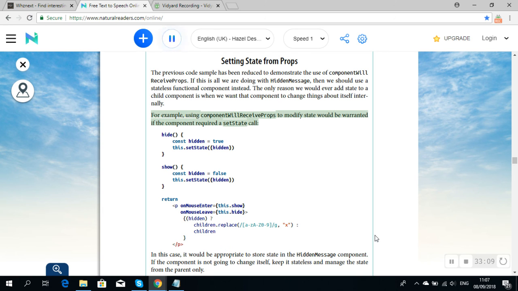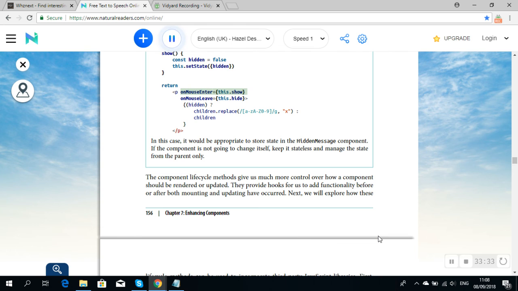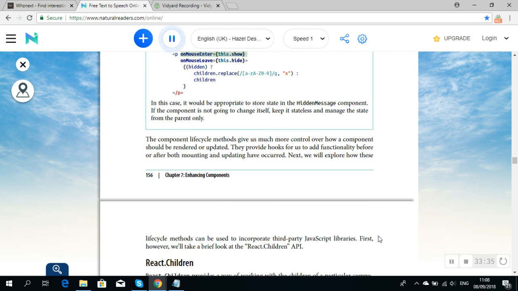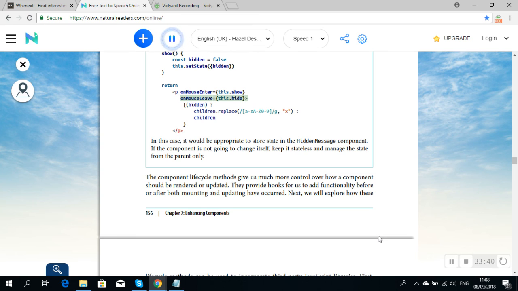For example, using componentWillReceiveProps to modify state would be warranted if the component required a setState call: hide() { const hidden = true; this.setState({hidden}) } show() { const hidden = false; this.setState({hidden}) } return <p onMouseEnter={this.show} onMouseLeave={this.hide}>